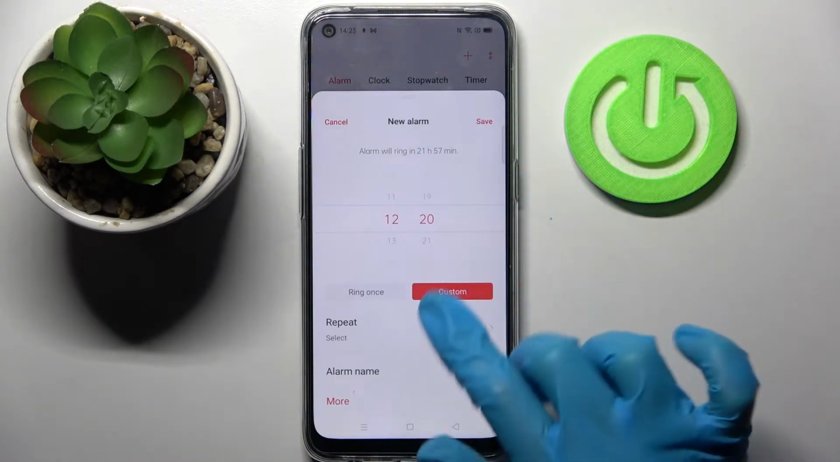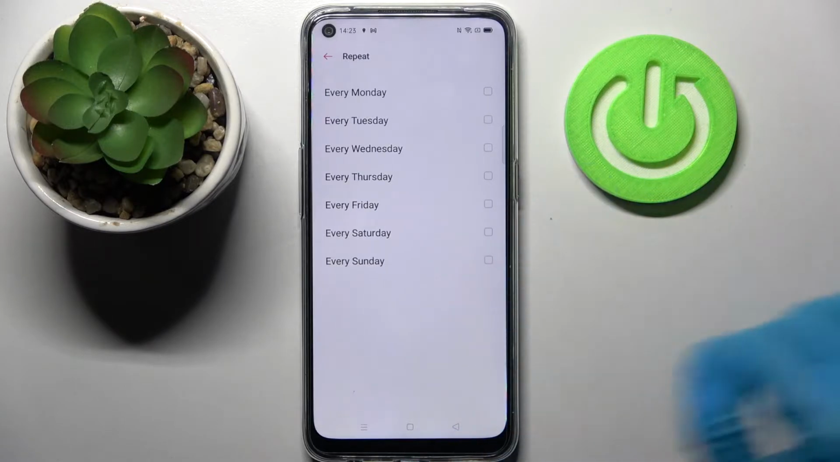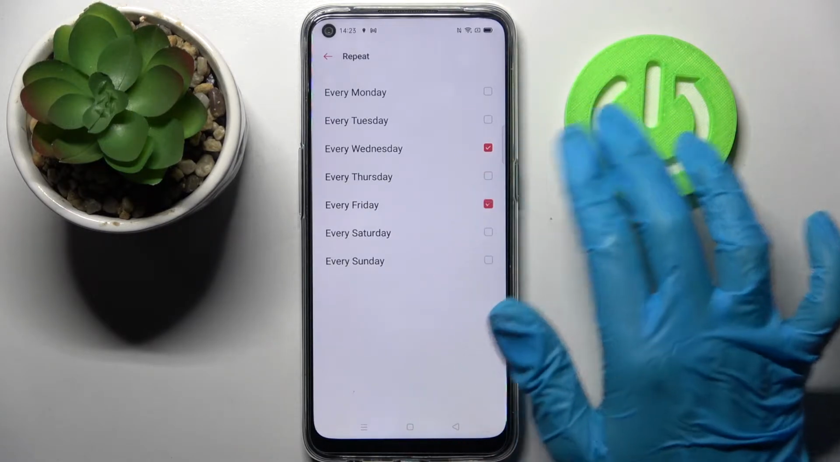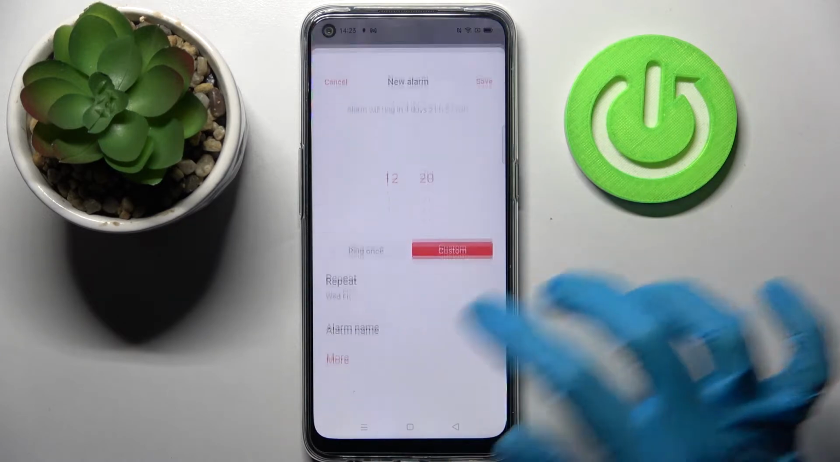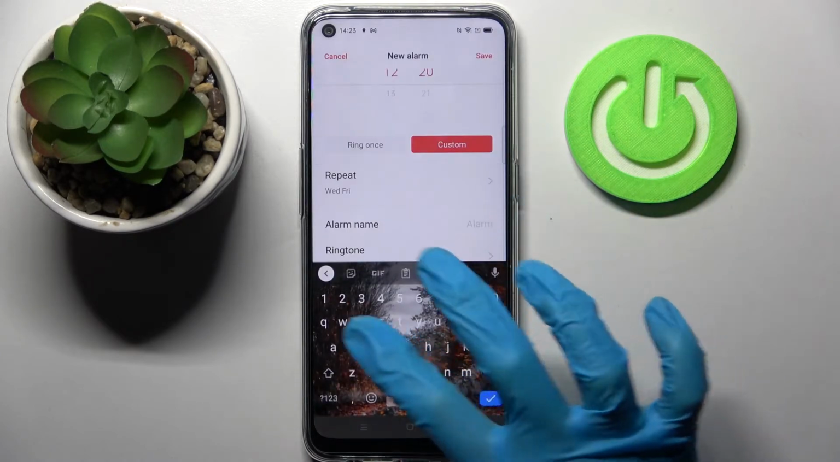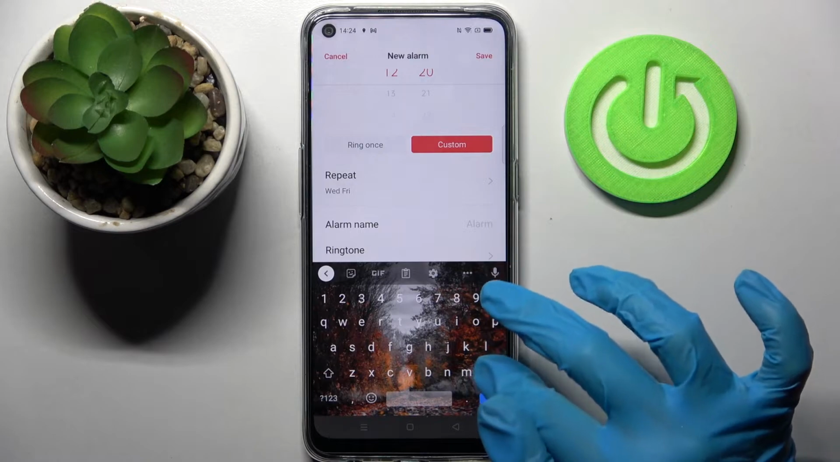I will go with custom, tap on repeat and select days of the week. I will go with Wednesdays and Fridays. Go back, tap on more over here, choose alarm name, label your alarm however you wish to, and go back